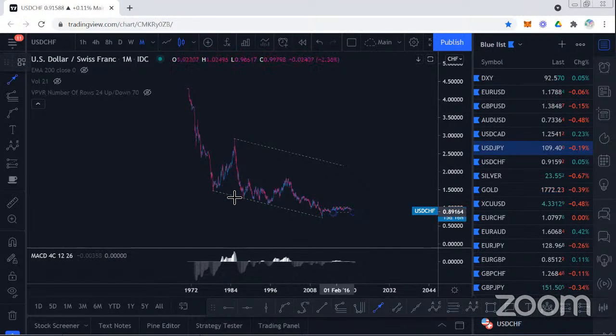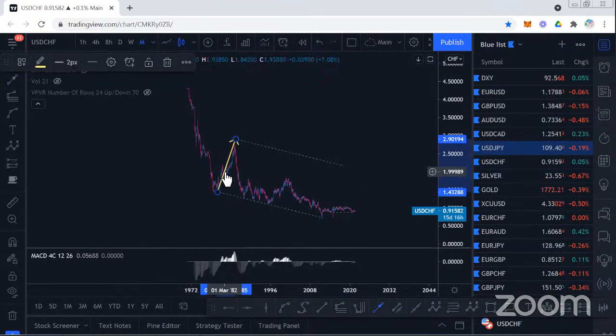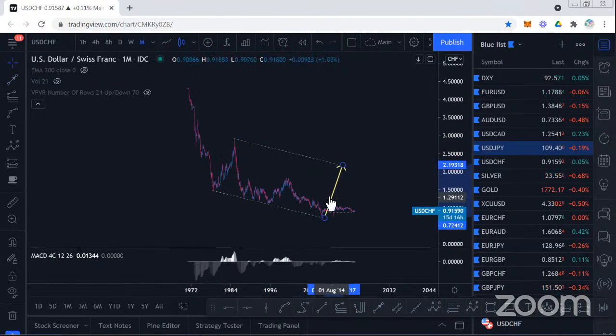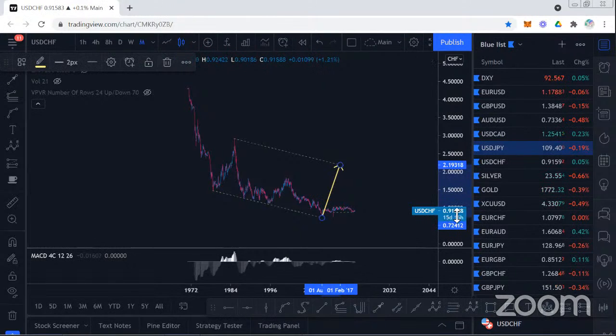And now what we're seeing here is the start of this move. So this is why I believe this is part of the dollar bull market. We're sitting at 0.915. You can see how the dollar rally, can see the Swiss go to kind of 2.195. And what we're looking for here is this first corrective structure to take off to the upside. When we go to the weekly chart,